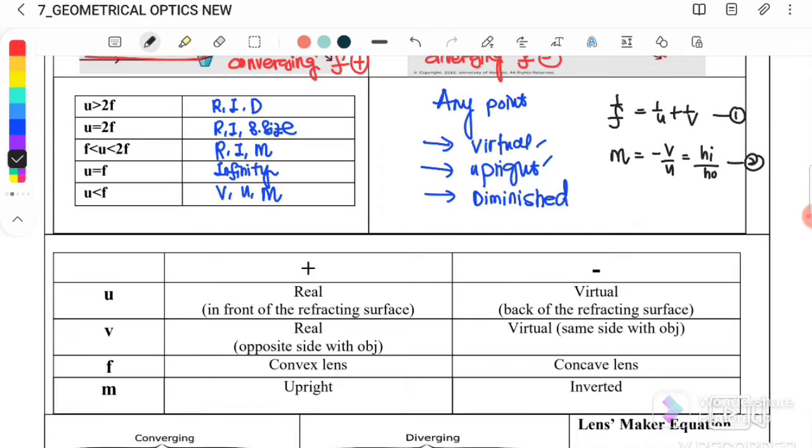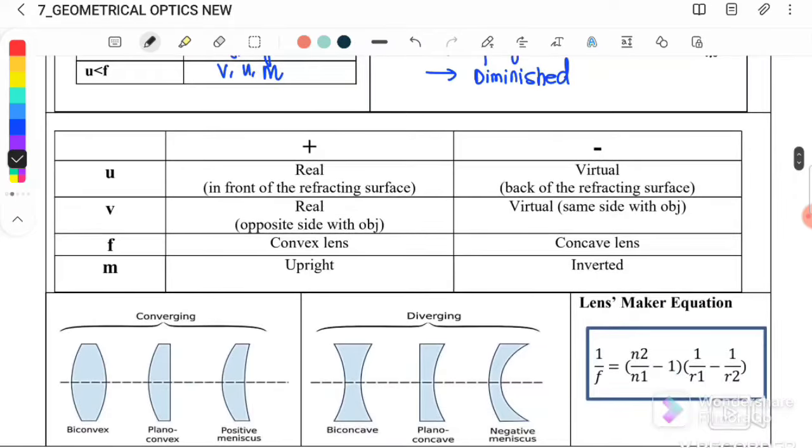Okay, so these are the two equations that we will use for lens and also mirror. Similarly, we also need to consider the sign convention, where v positive means that a real image is formed. So what is the difference here between mirror and lens is, if let's say